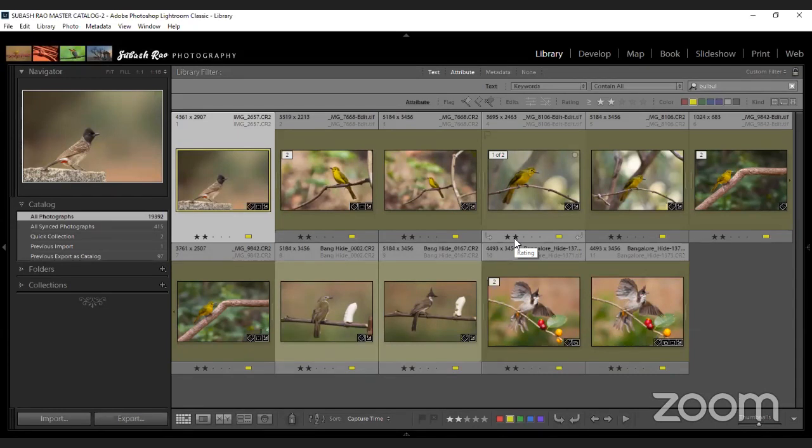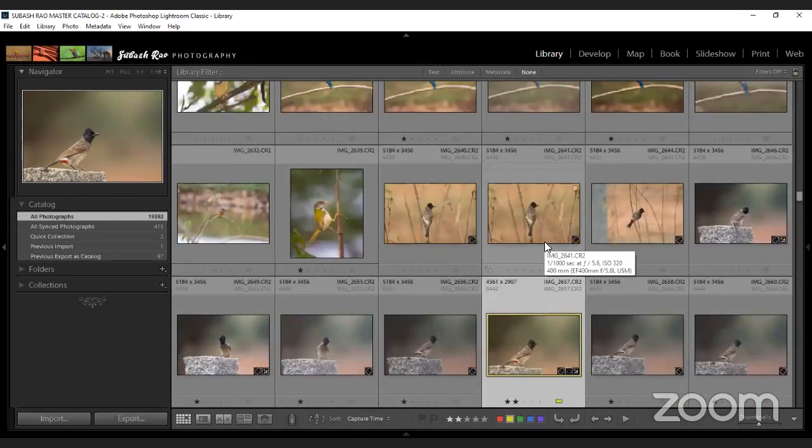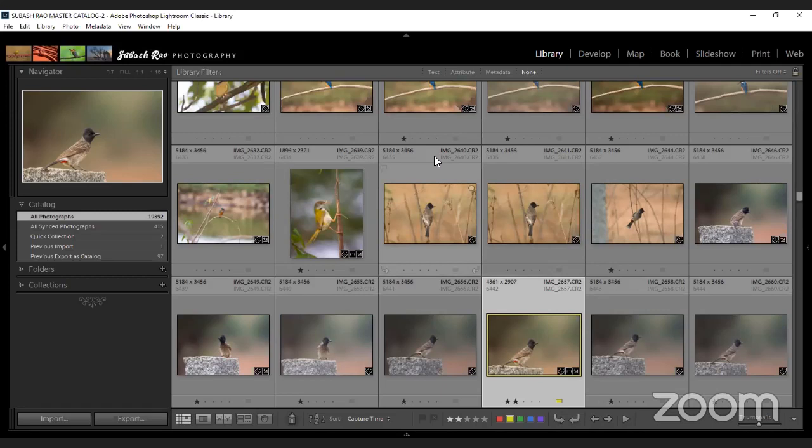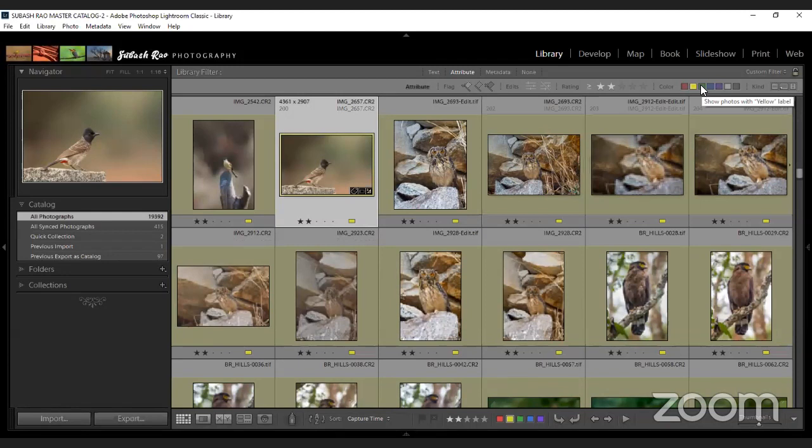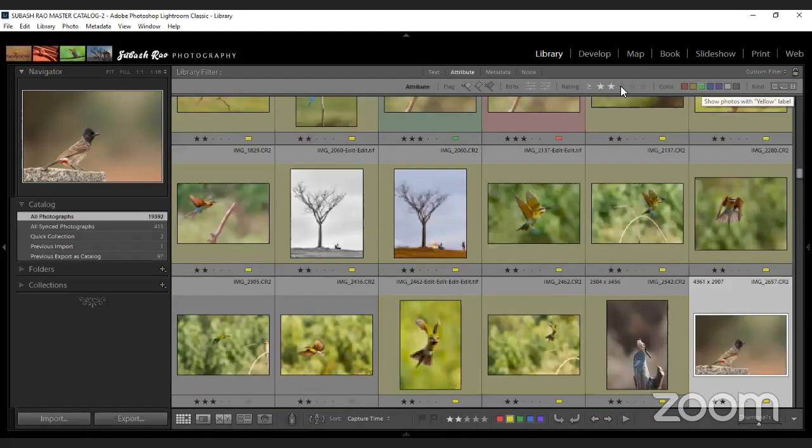The reason why I assign color tags and star ratings is because I am able to filter out and access my images at the fingertips. Okay, so this is the power of metadata. Now I will say none, and if you remember, I spoke to you about providing my favorite images. I provide a 3-star rating plus a green color tag. So I will show you how to find all my images which have been assigned green tags with a 3-star rating. See,